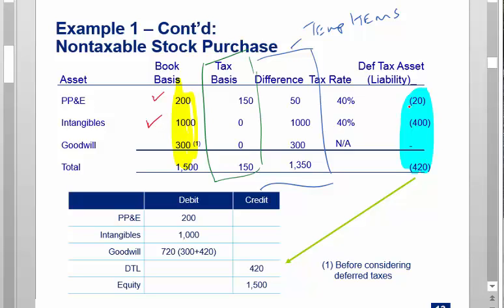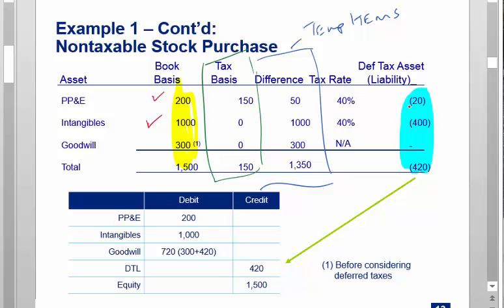Okay, fine. If you don't, you're going to depreciate the $200. You're going to amortize the $1,000 for book purposes. All that's going to go through the income statement over a period of time. But the only tax deductions you're going to get are going to be the $150 of tax basis in depreciable assets. So you're going to have a big book tax difference over time because the book expense for recovering these assets is going to be very different than the tax deduction. So again, unless you set up a DTL for that as part of purchase accounting, you're going to be lost. Like, what do you do with that book tax difference?